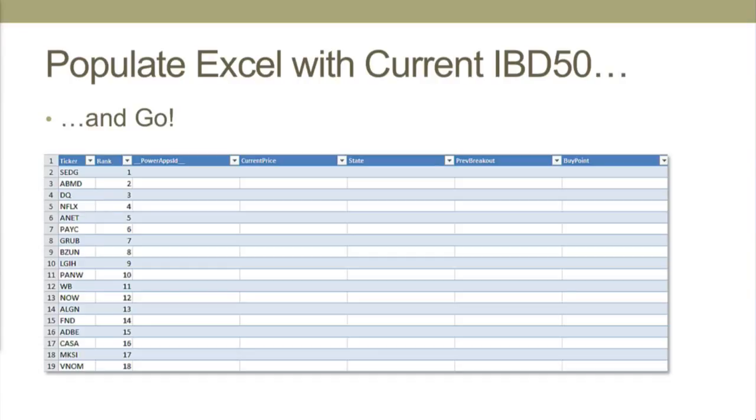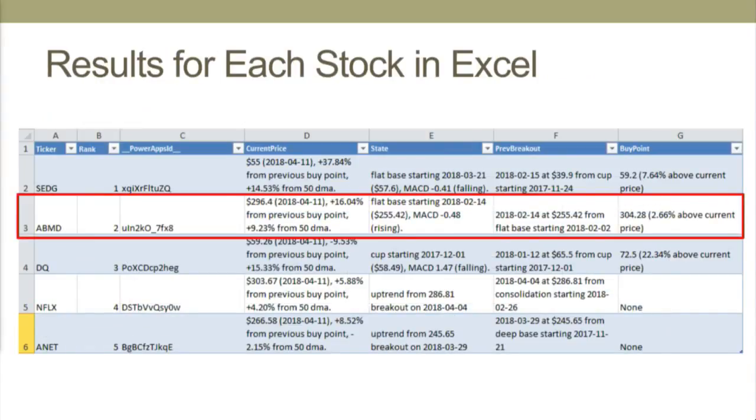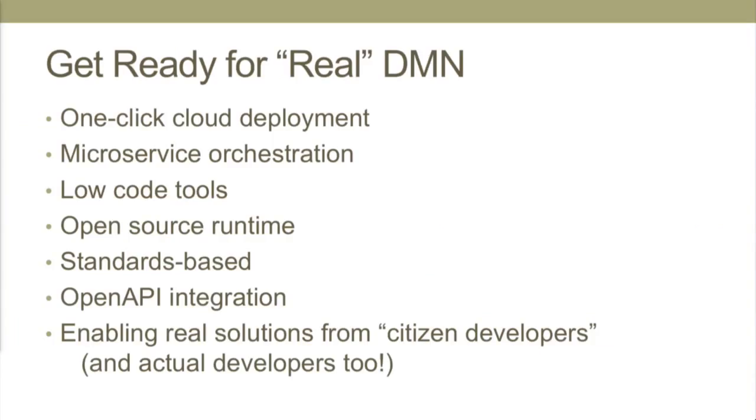creates that file that you import into Flow, that creates the connector. So all you need to do is populate an Excel table with the list of leading stocks and click the button and go. And in the end, here you see the current state, which gives you the buy point, the previous breakout, the current state, et cetera, current price, information that an investor would want to see in order to see